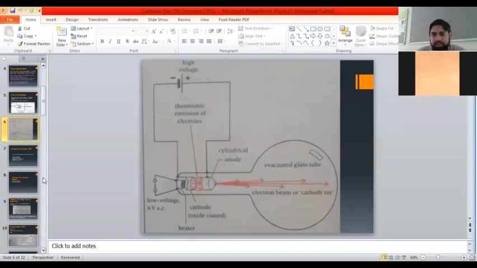हाँ, what did I mean by low gas pressure? Means if we would have a lot of air inside, so we would have air particles and that beam of electrons which should be moving in a straight line will not be able to move in a straight line because those electrons will be colliding against air particles. So that is why we need very low gas pressure inside this CRO. ठीक है जी.